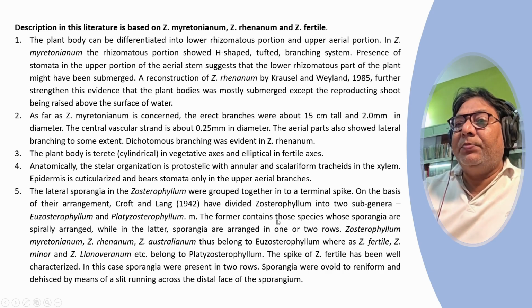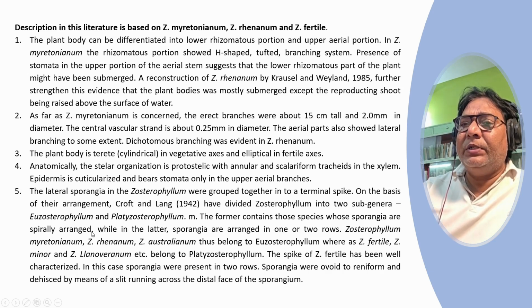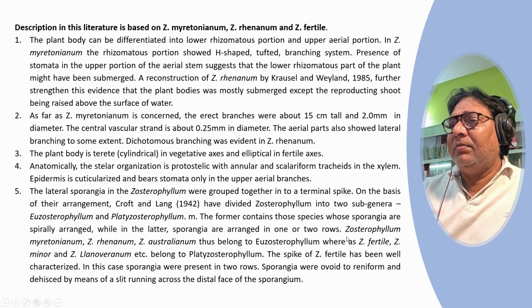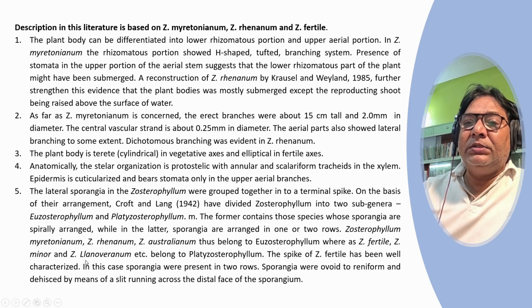What is the meaning? The former contains those species whose sporangia are spirally arranged; on the main axis of the spike, the sporangia are present all along in a spiral manner. While in the latter, named platy, meaning plate-like, the sporangia are arranged mainly in two rows. Zosterophyllum myretonianum, Z. renenum and Z. australianum belong to Zosterophyllum, whereas Zosterophyllum fertile, Zosterophyllum minor, and another species, Z. llanoveranum, and so on,